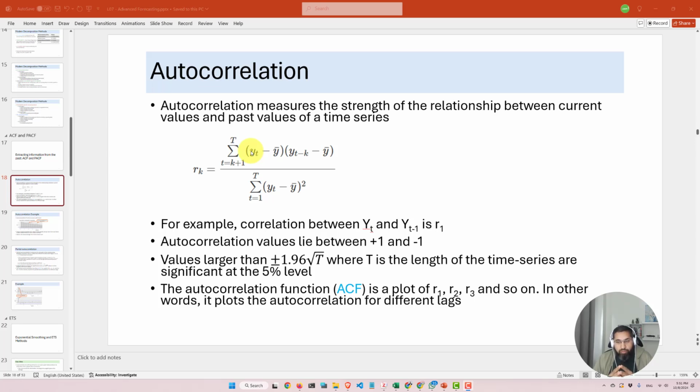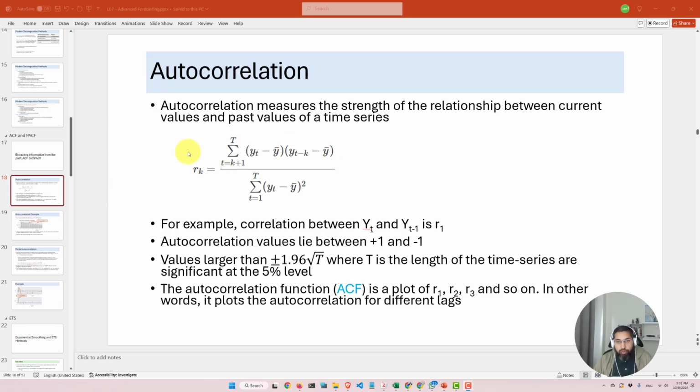So what are we talking about? Well, we're talking about values of y at a particular time being related to past values of y with a lag. So for values of y which are apart by 1 week, are they related? Do sales of this week tell us something about sales of the next week? If you look at a lag of 2, if you have weekly data, then you are saying, do sales that were 2 weeks ago tell us something about the sales now? Then you can look at lag 3. Did sales 3 weeks ago tell us something about sales now?